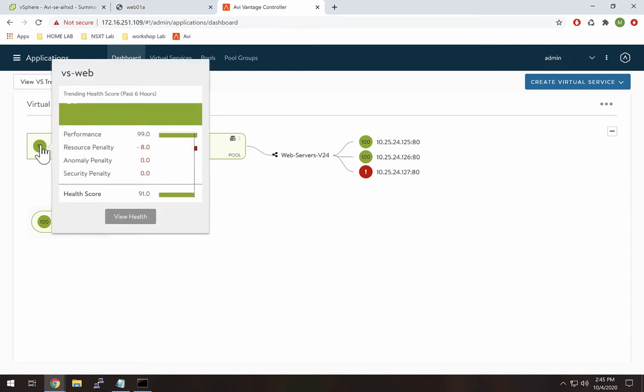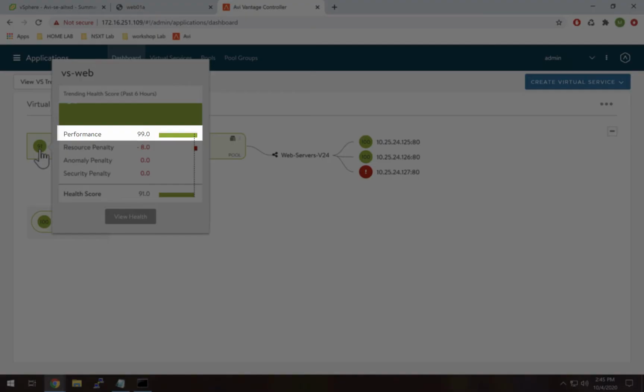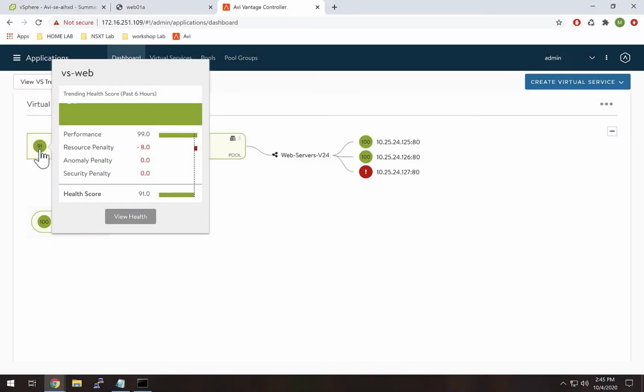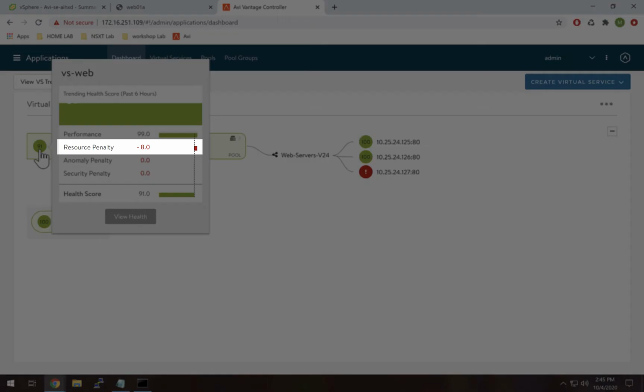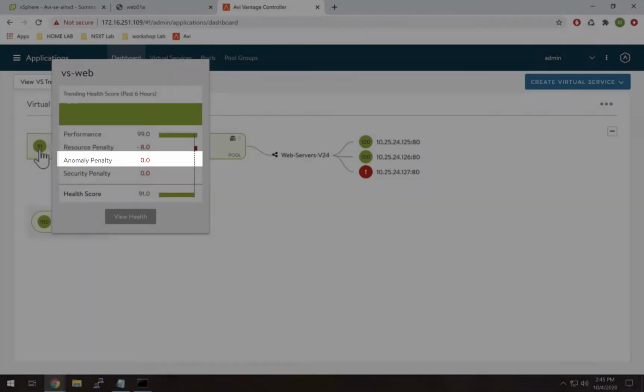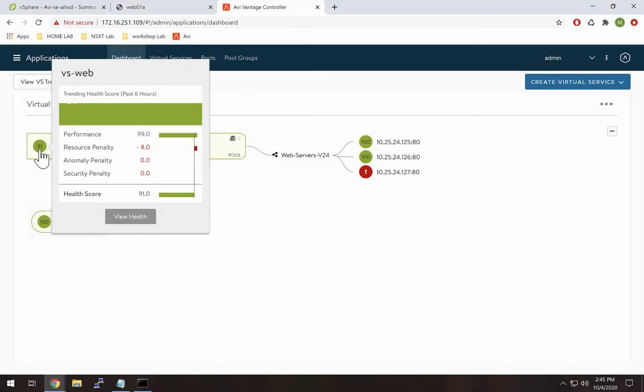So this little dot right here, if we highlight over it, it basically tells us the overall health of the virtual service. So we have the performance, which is basically how long does the server take to respond, or servers in this case, how long do they take to respond? Resource penalty would be, is the CPU taxed, for example, on the backend servers, that sort of thing. Anomaly penalty is really complicated, but basically Avi has done some really intelligent looking at traffic and basically seen that things are maybe happening a little bit different than they normally would, and it might ding us